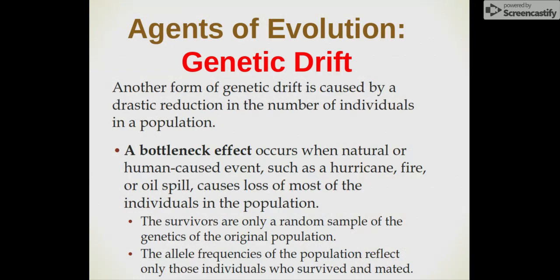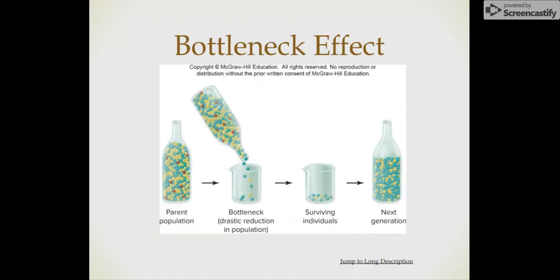Looking at a bottleneck effect, this is where we've got a relatively small population and then some big event occurs. Something that humans do, or a hurricane, fire, oil spill, causes a bunch of individuals to die. And so the individuals that survive, right, there's no gene that helps you survive a hurricane, right? And so whoever survives did this randomly by luck. And so this is the new allele frequency of this population, which could be vastly different from what it was